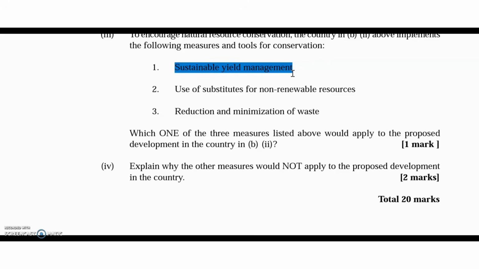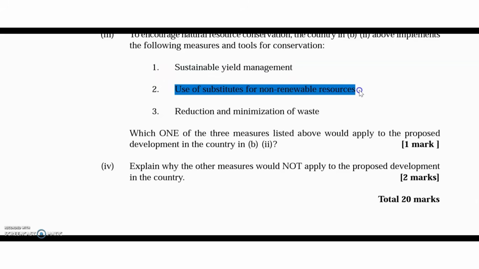That has nothing to do with hotel development. Secondly, the use of substitutes for renewable forms of energy. This is associated with combustion of materials or the utilization of an energy source, which in fact does not produce greenhouse gas emissions. That is for industrial activities. What we are talking about here is for tourism. We are not going to establish any industry. We are not going to engage in any form of agriculture. So that is the reason why number one and number two are in fact not applicable for the